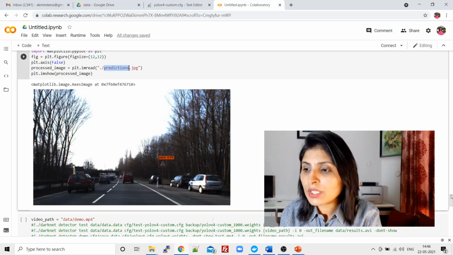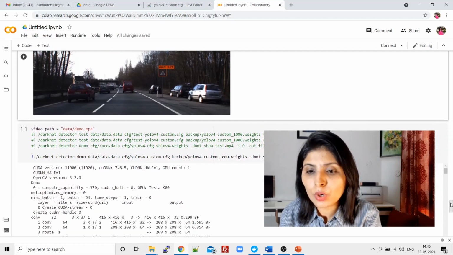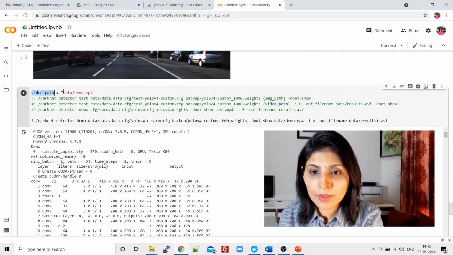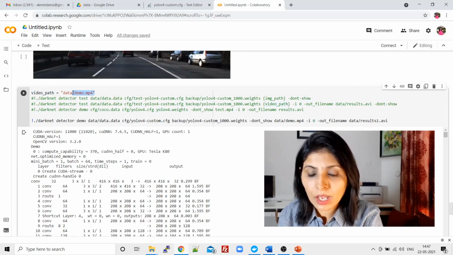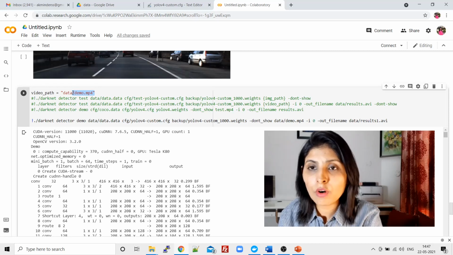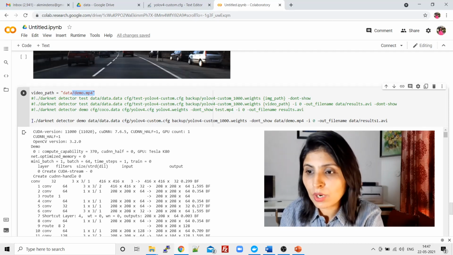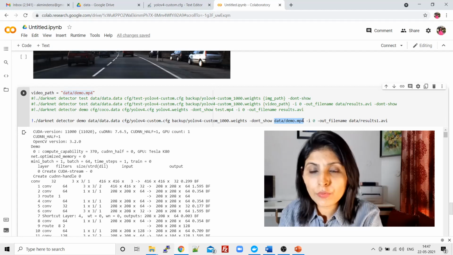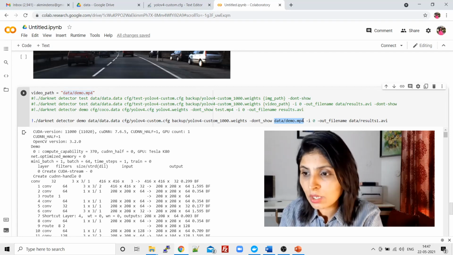In the same way, if you want to work on video, I have a variable in which I have given the path of the video on which I want to perform the detection, and then this is the code I'm using. The rest of the task is the same.